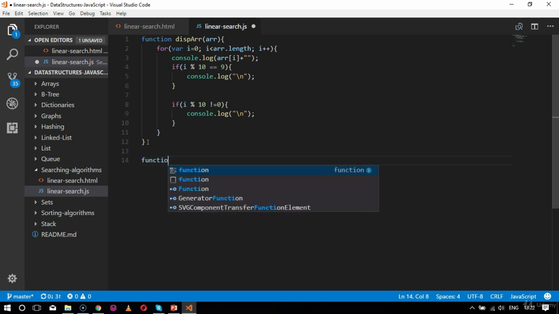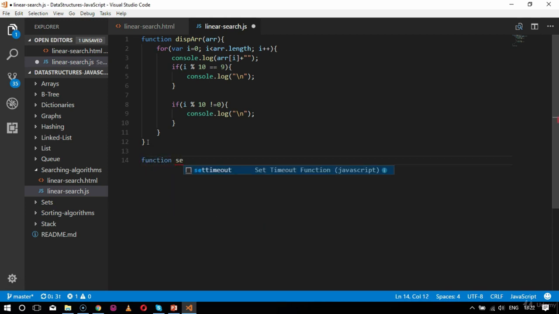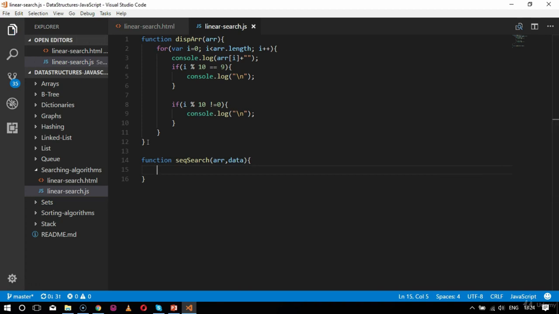So I'll say function sequentialSearch. First of all, I'll create a function and then I'll explain the logic behind it. It will take two parameters, array and data. Then we'll implement the logic for the function. So here I'll say for variable i equals 0, i less than array.length, i plus plus. And here I'll specify if array of i is equal to data, which is found, then